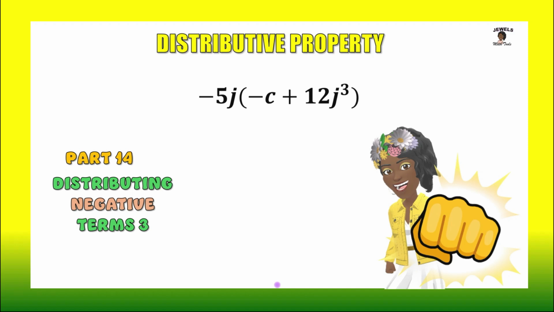In our session today, this is part 14 on applying our rules for distributive property. This is also the third part in where we are distributing a negative term to everything in our parentheses. And in this session, we are upping the ante and we're eliminating all the rough work at the side. So if you're ready to get started,